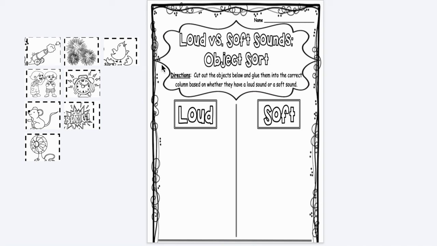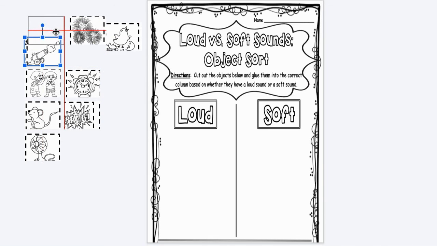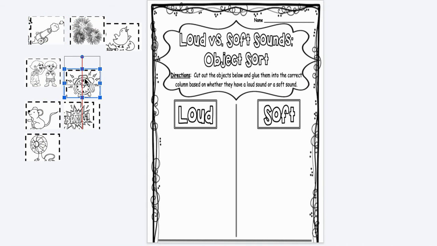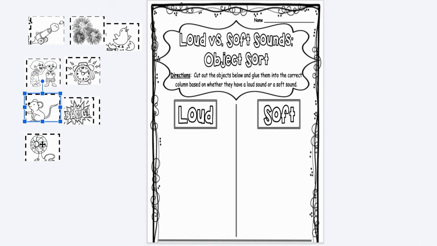Okay, so what you're going to do for your assignment is you're just going to sort between loud and soft objects. So tell me, is a bird chirping loud or soft? Fireworks, a cannon, a whisper, alarm clock, a bang, an explosion, a mouse sound, and a fan. Okay, you're going to sort it between loud and soft. So that's it for